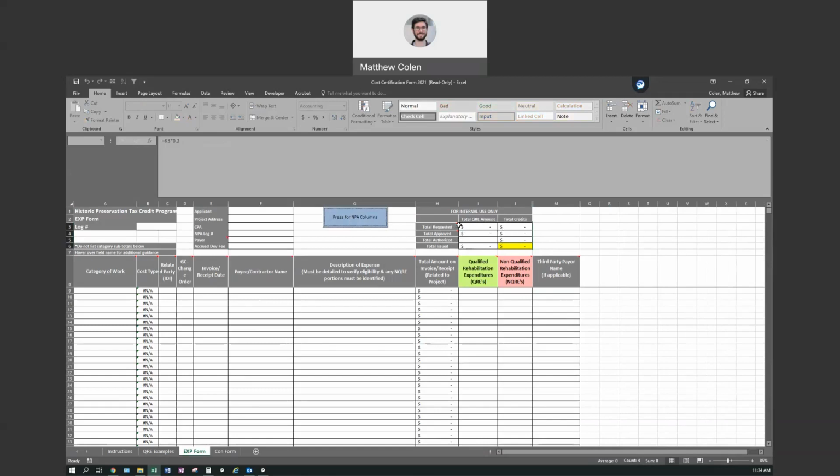So really the main thing is going to be the total requested here. For example, I put 1,000 in there. You'll see that it updates a few of those. So we'll be using this for our credit issuance calculations and stuff like that. So really, for applicant or CPA use, it's more so just for this total requested line up here,